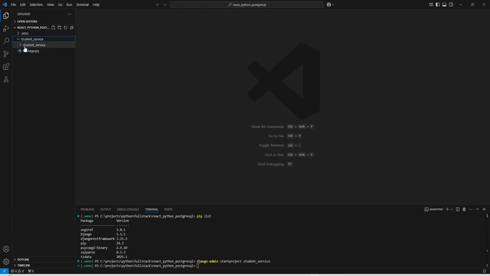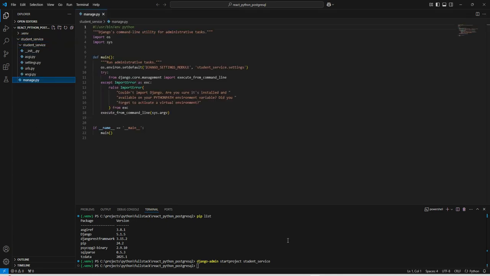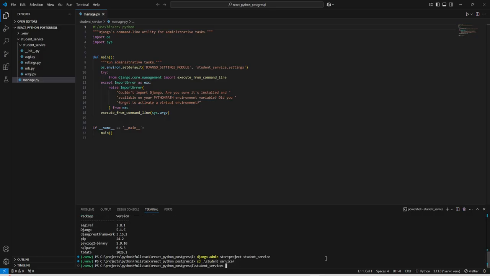Now we can see the project folder is created with all the default files and folders, including the manage.py file. Now let us go to the project folder first, which is student_service. Now inside this project, we can create our application